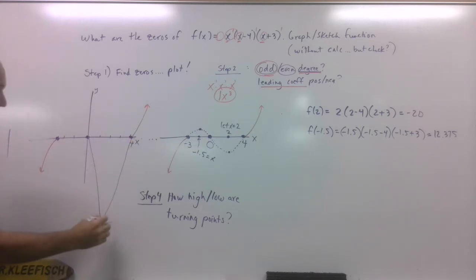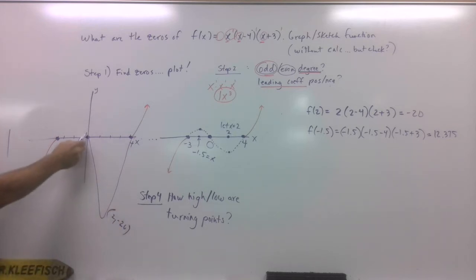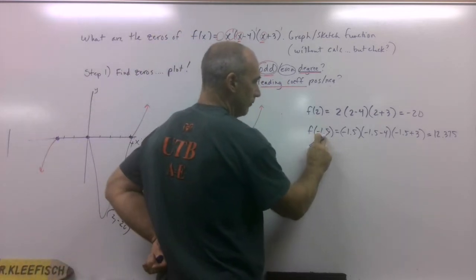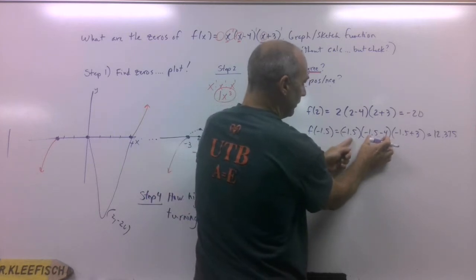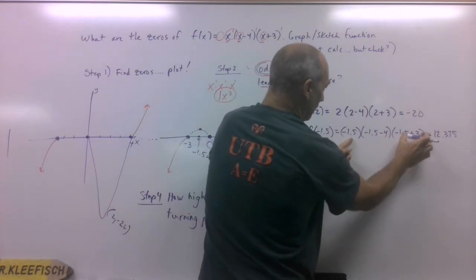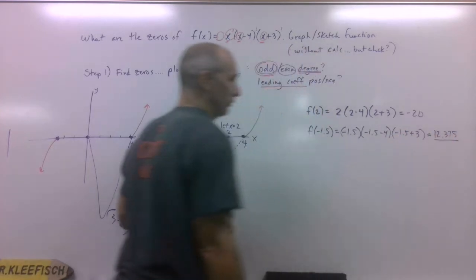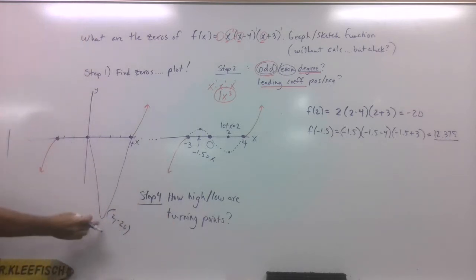So we know that that is actually (2, -20). And the question is, how high does it go? Well, when I plug this negative in, look at it, I got a negative times a negative, which is positive. And then this is a positive thing, so it's a positive times a positive, so I end up with positive 12.375. Obviously, we're not going to be that accurate, but it's going to go up to 12, not quite far down as 20,